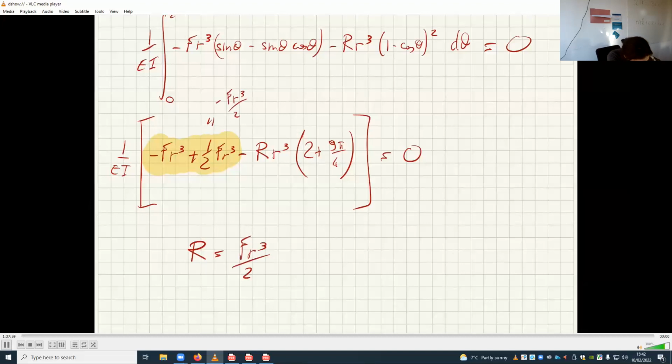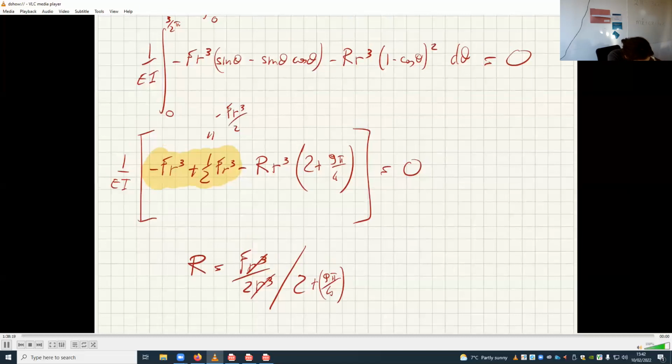This goes on the other side, divided by R cubed. That goes away. Divided by 2 plus 9 pi divided by 4. And of course, negative, because this goes on the other side. Yes, yes. So in the end, R is